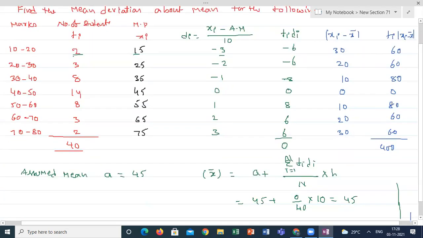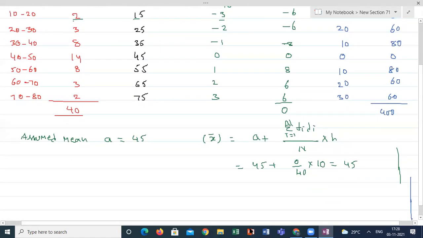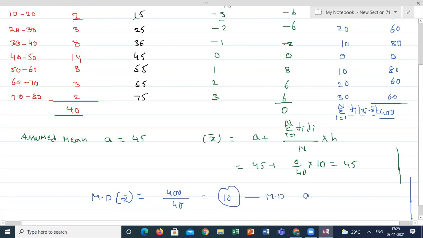So from here, we are going to apply the standard mean deviation about mean. Mean deviation about mean will be equal to 400 divided by n, where the numerator is sigma i equals 1 to n of f_i modulus of x_i minus mean value. So for each and every value, the deviation and how many times it is repeated, the sum of all the deviations, and the total number of observations. So 400 by 40 gives 10. 10 is the mean deviation about